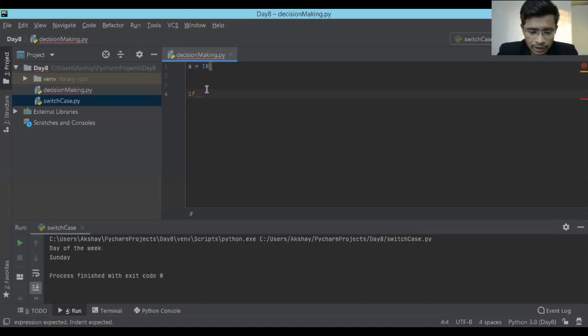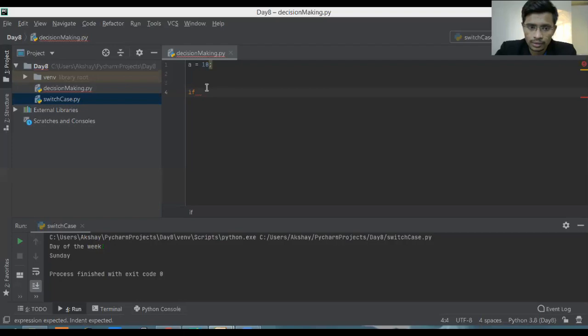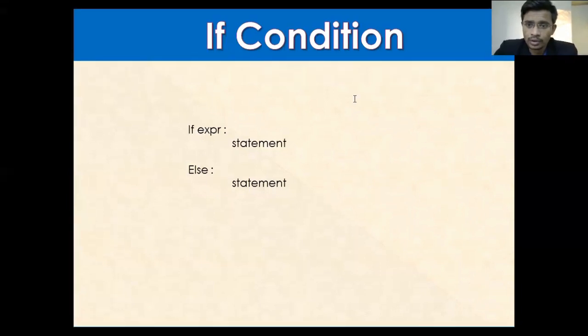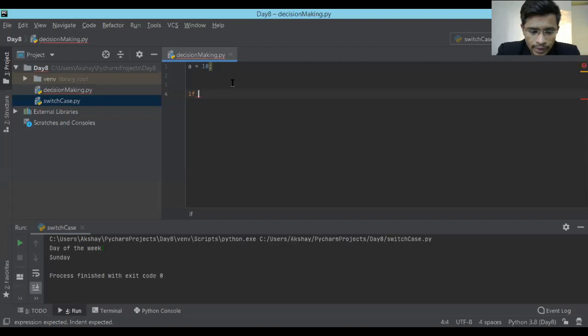Here we are going to check the condition. As I showed you in the slide, if there is an expression, the expression denotes a conditional statement, and an expression always returns a value in the form of boolean. So it should evaluate to either true or false. That's what we call boolean, right? In the expression you have to add a condition. So what condition can you add over here? Here you can add a condition like if a is greater than 5.